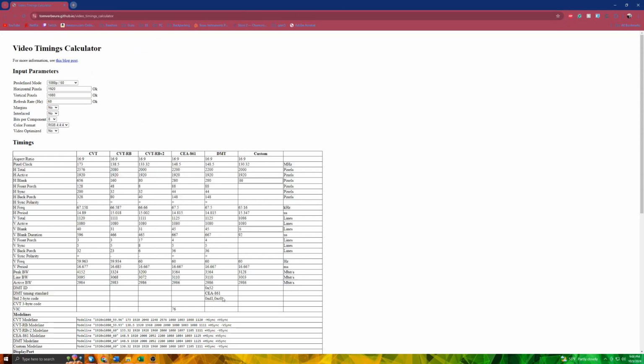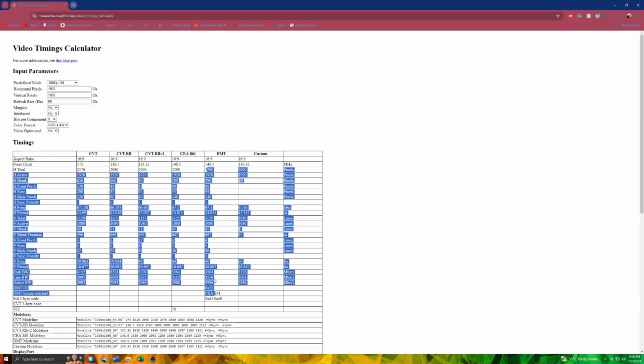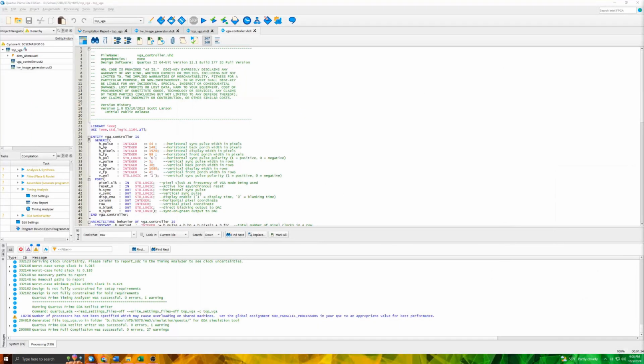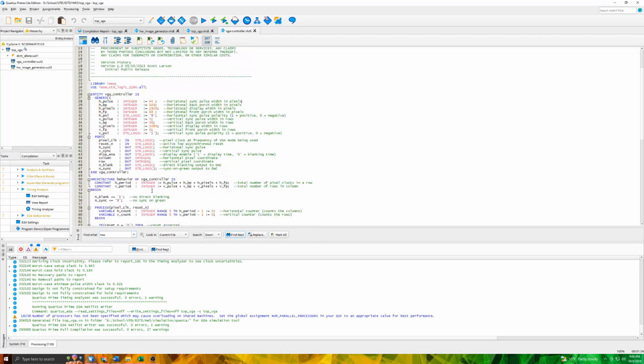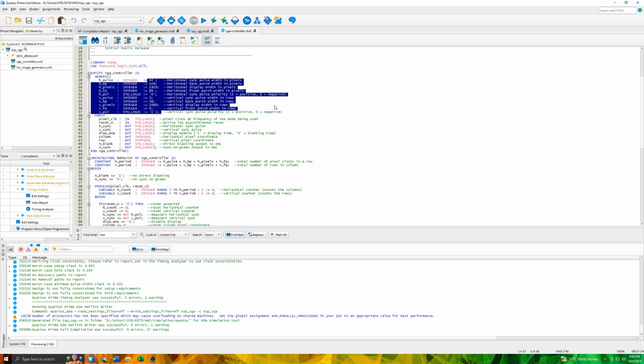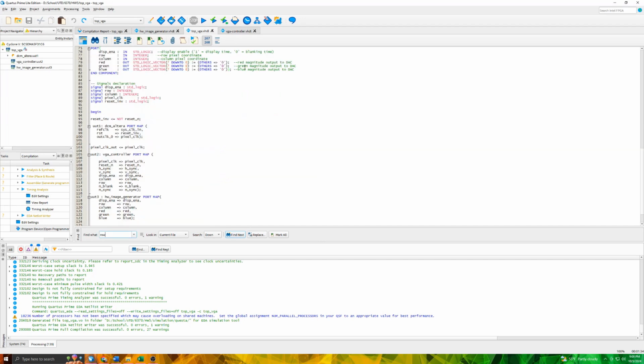DMT values for setting up a 1920 by 1080p at 60 FPS image. So I used a pixel clock of 148.5, and then all the rest of the values I filled out from the table. And using this, I put the values that I needed right here in the VGA controller, and then I went to the top